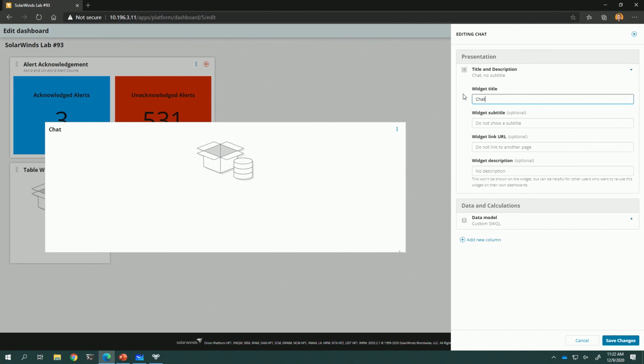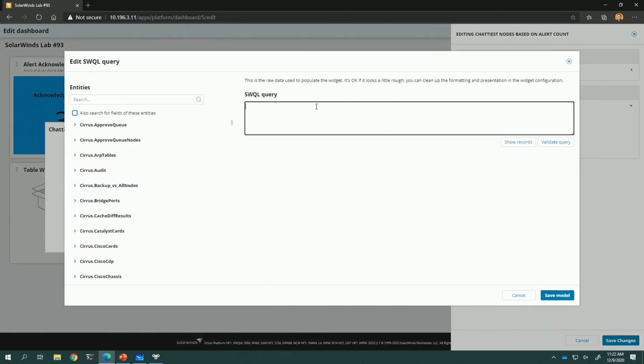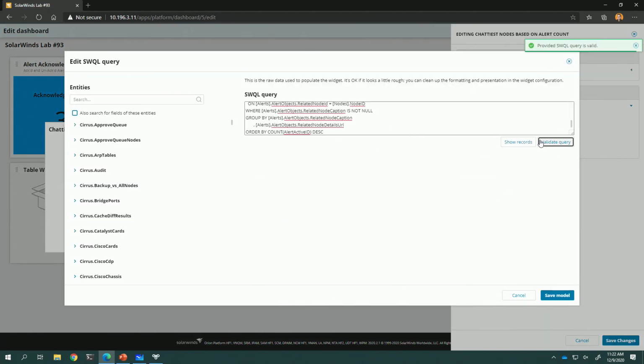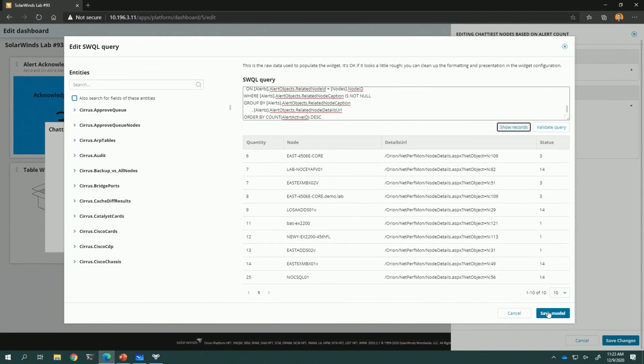So this is the chattiest nodes based on alert count. Obviously, more descriptions are better, especially if you just want people to glance at it and understand what they're looking at. So we'll go ahead and put in our SWQL query, validate, it's good, show the records, okay. And that is what we want. Cool.